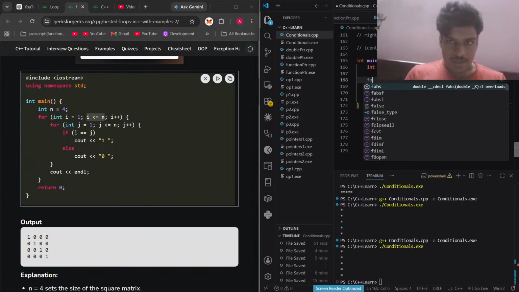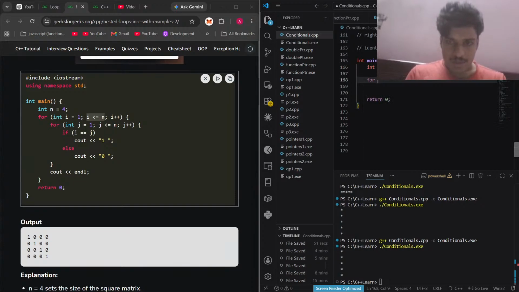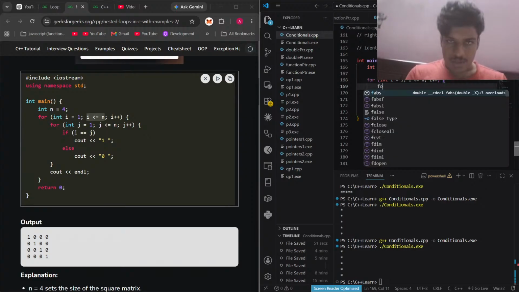I'm going to say for I equal to, let's start from 1, and I less than or equal to n, and then we do I plus plus here, and then we go into the next inner loop,